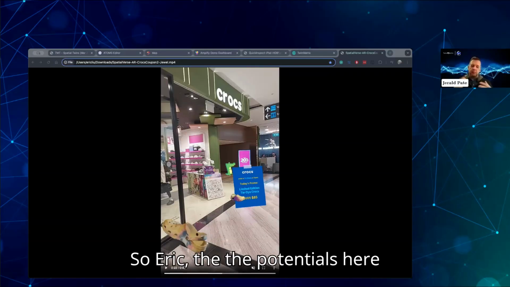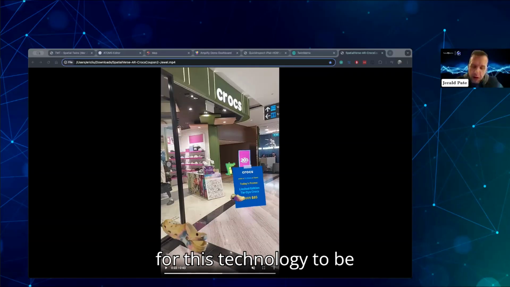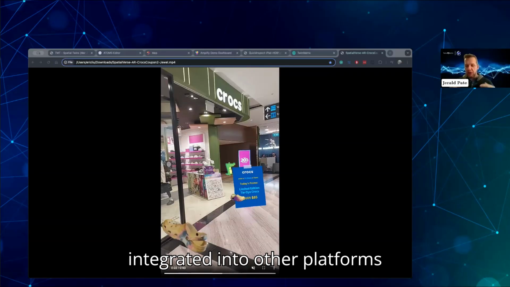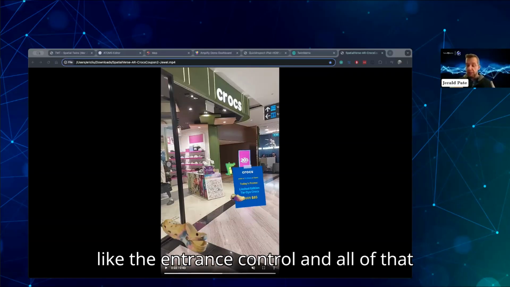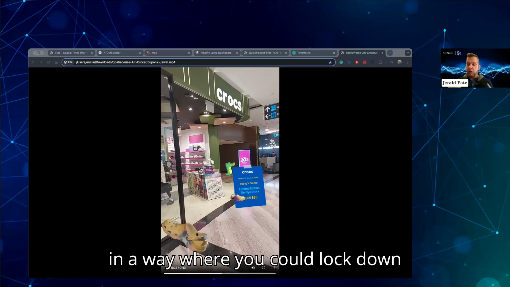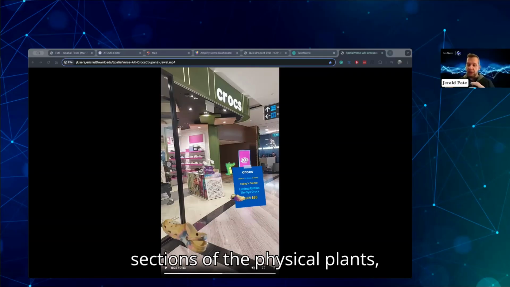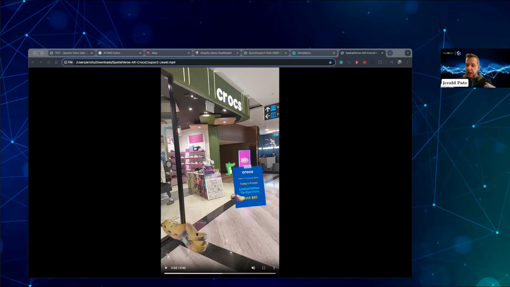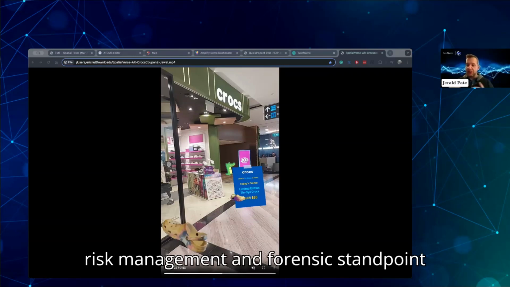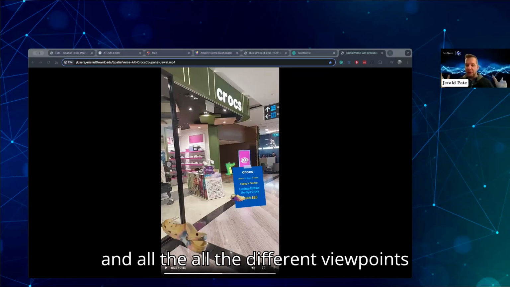And of course, Eric, yeah, the potential here for this technology to be integrated into other platforms like the entrance control and all of that, in a way where you could lock down sections of the physical plants, isolate potential threats, and then, of course, from a risk management and forensic standpoint, and all the different viewpoints of